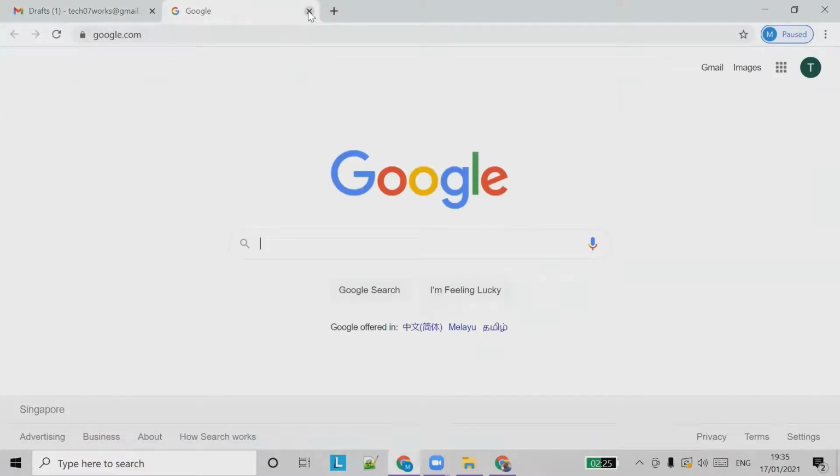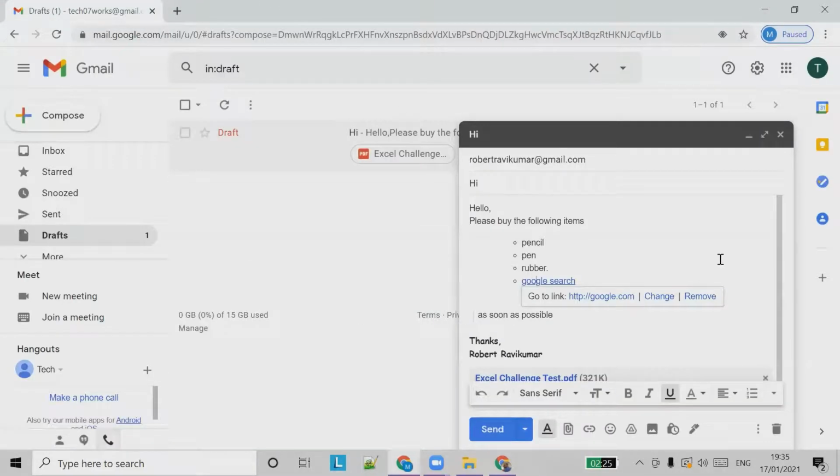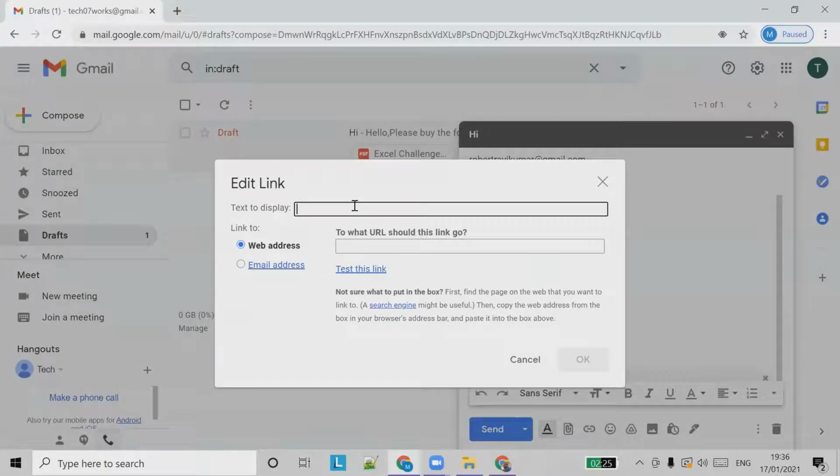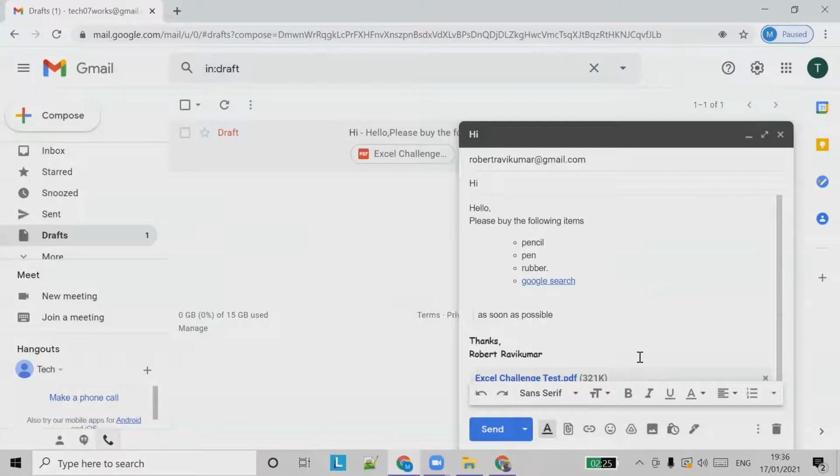It's very similar to the things we saw in Word, Excel or PowerPoint. So click on this, type any word to display, like display text or Google search or anything you want, and give the web address here. This is how you insert a link.